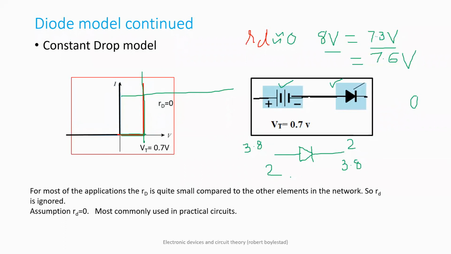So don't get confused with that. If you're applying positive potential on P terminal, it is forward bias. No, it is to be the relevant term. What is the relevant term? That potential at P should be more as compared to potential at N.